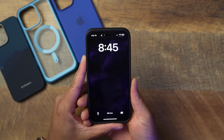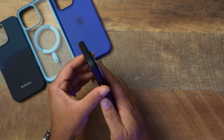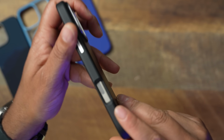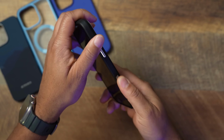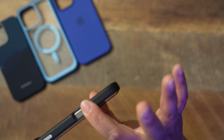Now, does it dig in your hands or do anything like that? No, but it does have a slight awkward feeling being right there. And it just literally feels like something is missing. But that's exactly why I say companies need to do a beveled edge going in so the transition can be smoother with the button and actually getting your finger on the button to manipulate that camera control